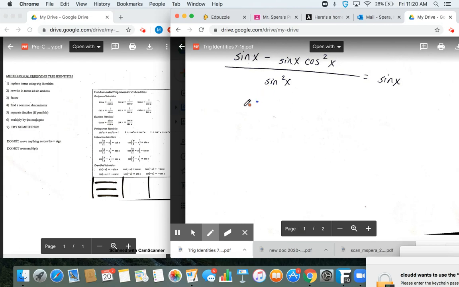So we're going to factor out sine x. And in doing so, we would have 1 minus cosine squared x. Oops. Now, as you do this,